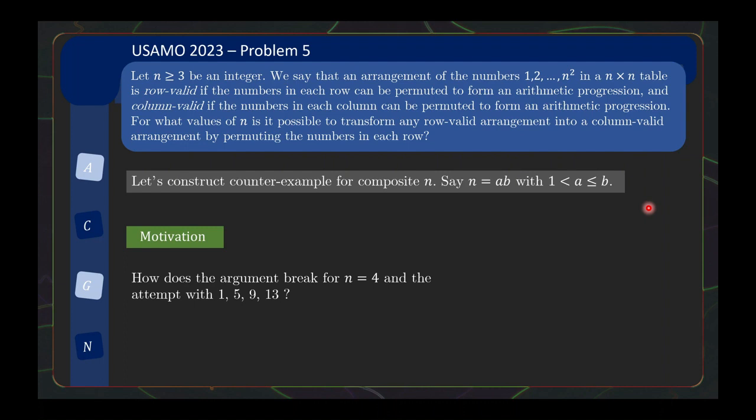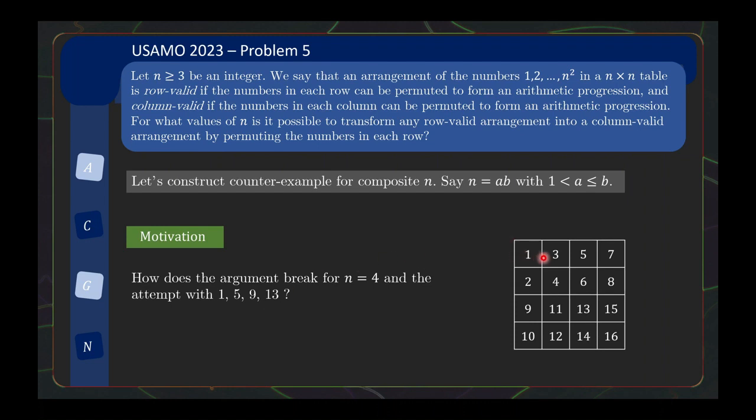But the argument breaks because here, between 1 and 5, you can actually force in a number 3 and then get 1, 3, 5, 7, and that still gives you an AP, right? So in fact, you can try to put 1, 3, 5, 7 in the same row, and that breaks the lemma already, because 1 and 5 are in the same row, but 1, 5, 9, 13 is not in the same row, right? So one way to force this interweaving of gaps is to basically